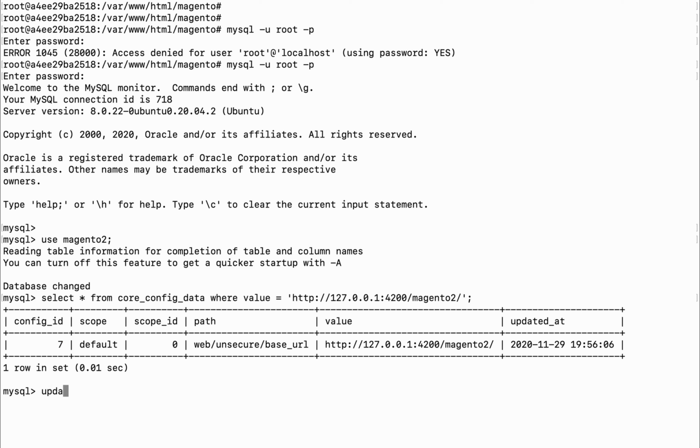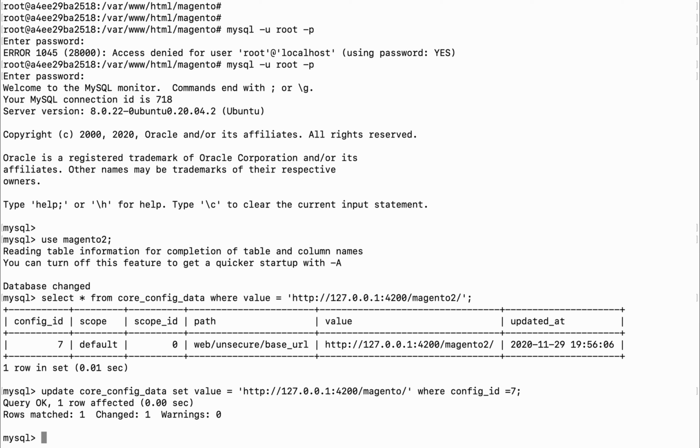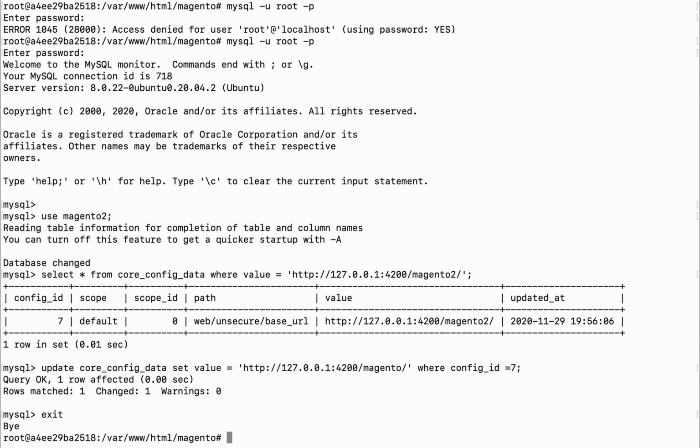So we will update this value. We will change it to Magento, that is the folder where we have installed it. Okay, once it is updated, I will come out of MySQL.